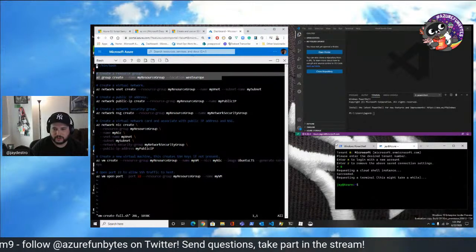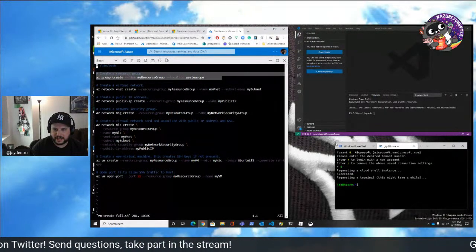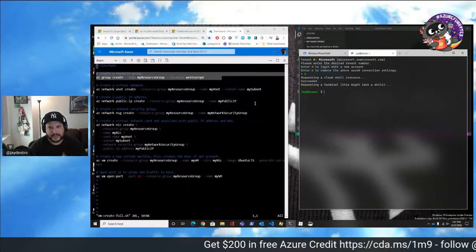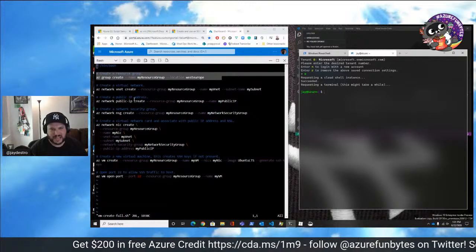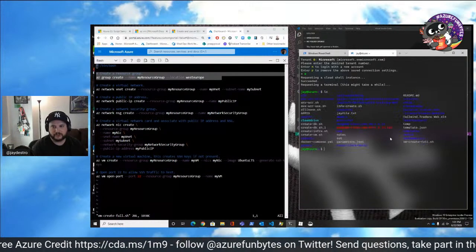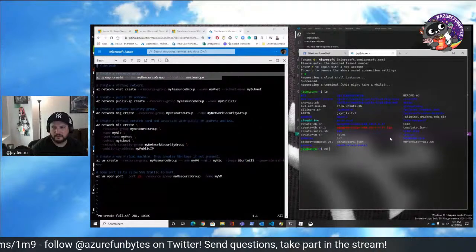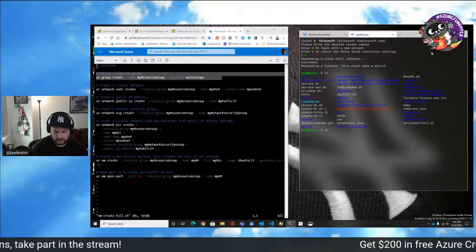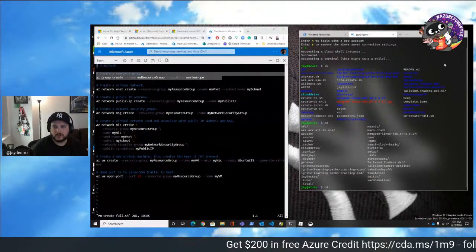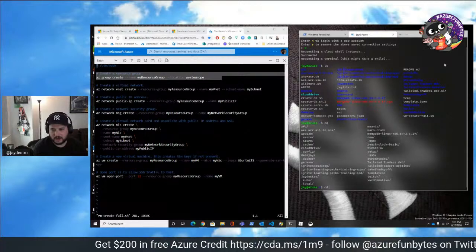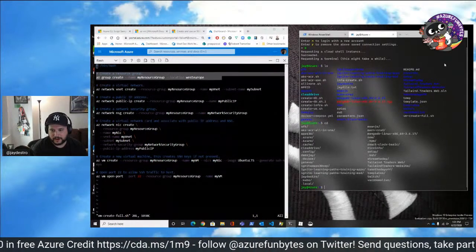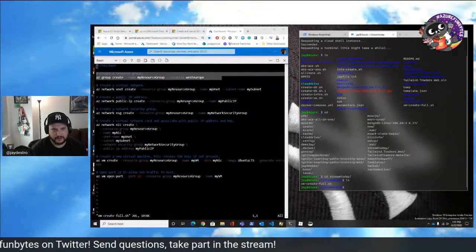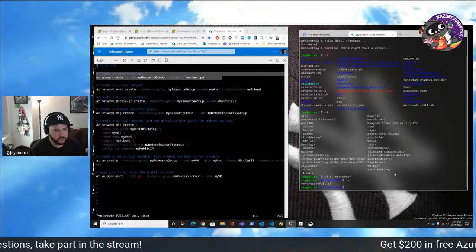So let's do it this way. We're already logged in with az to my Cloud Shell here on my local computer. And this az Cloud Shell is the exact same Cloud Shell that I just built here. See, if I go here and shrink this so you can see it a little better. Okay. So if you go here, you'll see there's our files. There is stream today. So you can see everything is replicated. It's all capable of being used on both sides.